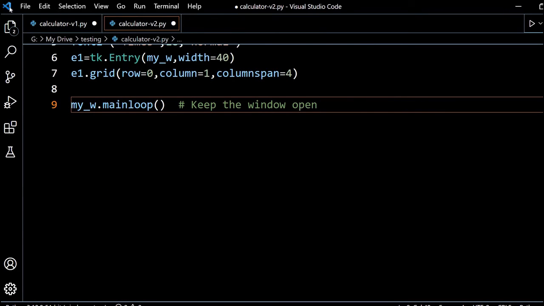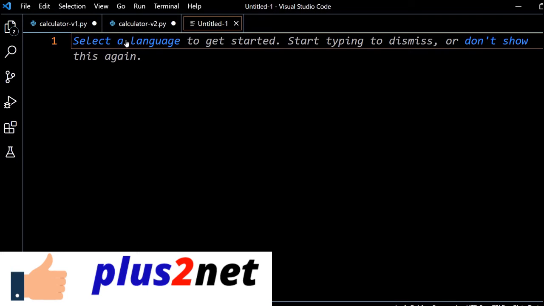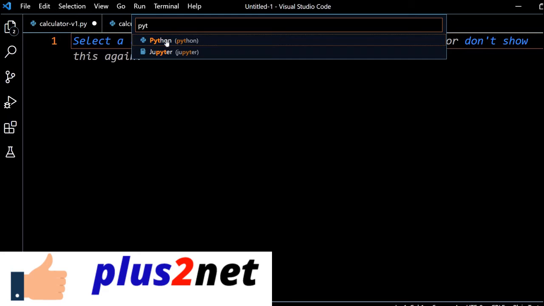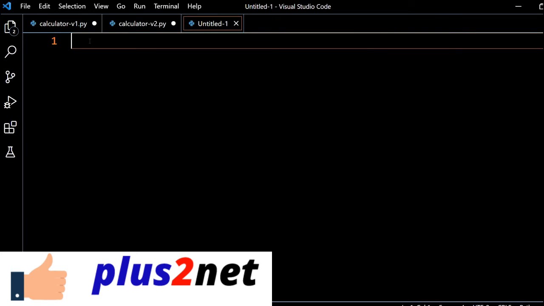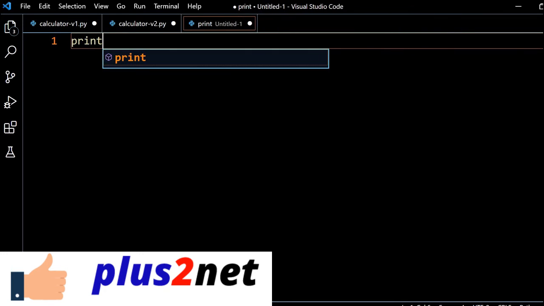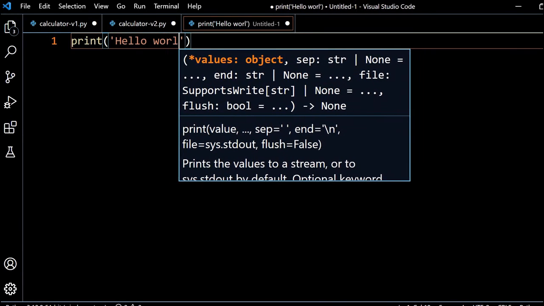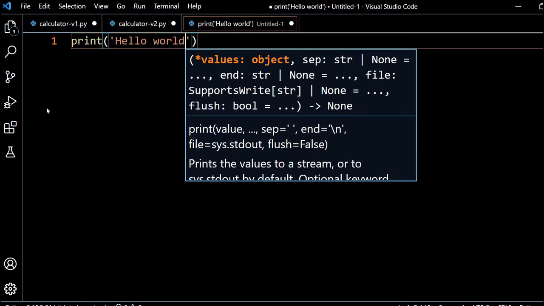Now close this. Let's start a new file: File, New File. Now select a language. I am writing Python, so I have to tell that, and I have given Python. Now I will write print hello world. The Run button is not enabled yet because I have to save it.